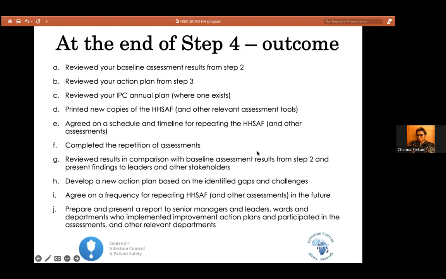You print these copies, make them available of your updated evaluation or assessment. Always communicate back to your senior managers, your stakeholders, your champions. At a previous webinar, we shared how, for different cadres of healthcare stakeholders, you project your data or communicate your findings. But that's not the focus today. Understand that whatever you do, your updated action plan, you need to communicate to the people funding you, your senior managers, allowing you your time to practice IPC. That tells them that your effort is actually generating some benefits.